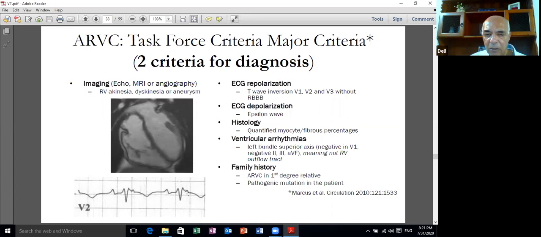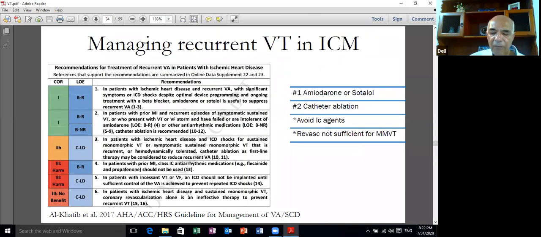And then family history in the form of first degree relatives having the disease or a pathologic mutation, including the desmoplakin and the other mutations. If you have it in a second degree relative, it's a minor criteria. The minor criteria are very similar to these, but less intense. But they include as well signal averaging electrocardiogram. Now, if you have two major or one major and two minor or four minor, that establishes the diagnosis. But one point of caution is that you might get an electrical concealed condition with the first presentation in the form of